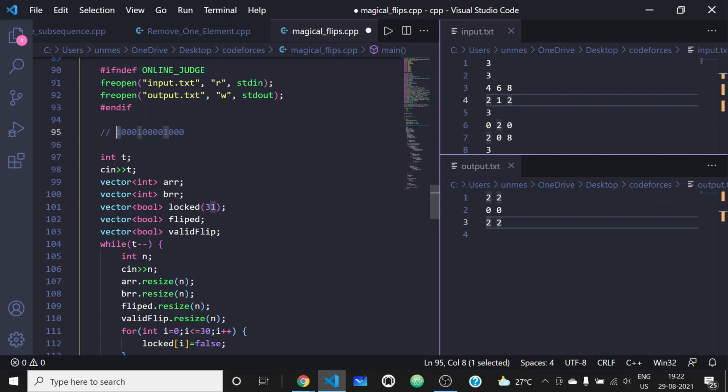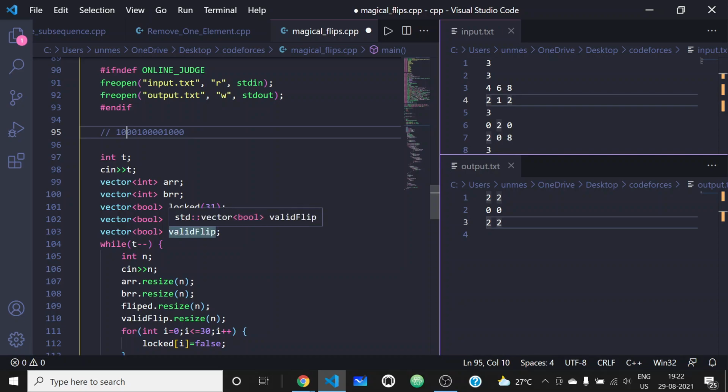So basically we will be trying to form one here. If it will be possible to form one, we will form one here, then we will try to form one here without disturbing the previous ones. So while trying to form one here, if we are flipping some cards, we need to make sure that by flipping those cards, the one present here, in the final bitwise AND, is not disturbed.